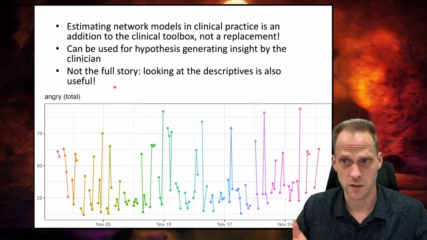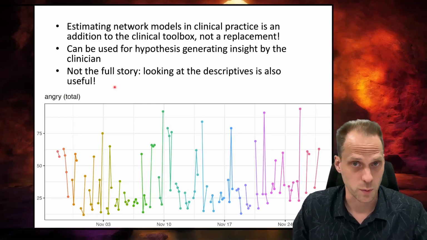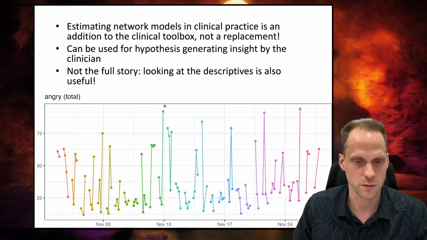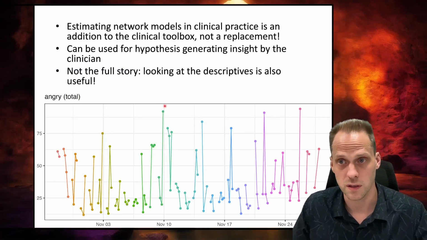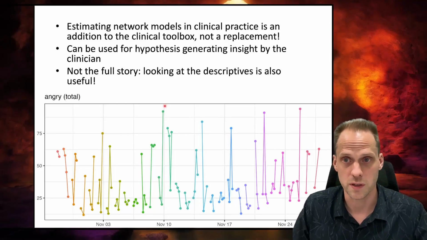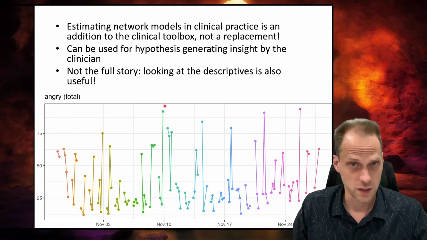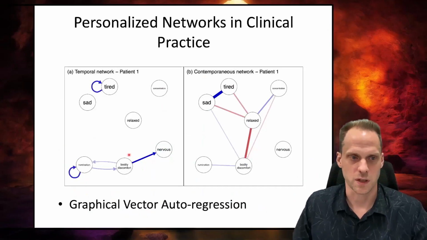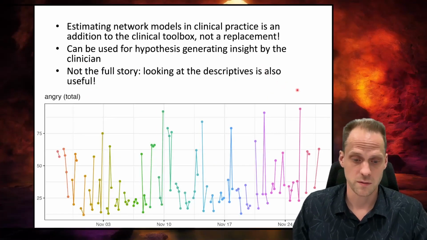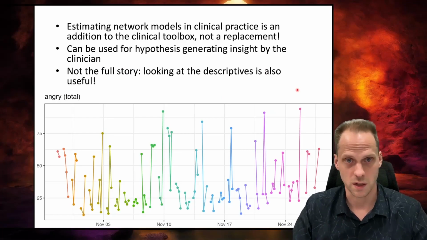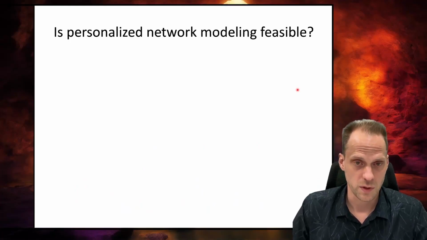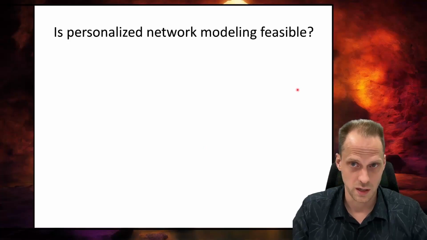So I think gathering this type of data is very valuable in clinical practice because we can do this kind of stuff, right? But we can also do more. We can do quite a lot of quantitative analysis with this type of data. So we will probably see this type of data also more often in the future. Now this is nice. And I wrote some papers about this, about how you can use this in clinical practice, about these ideas. But then one thing I was worried about is, okay, this looks nice, and if we simulate it, it kind of works, but is it actually feasible to do this? Can we estimate these types of networks in clinical settings?